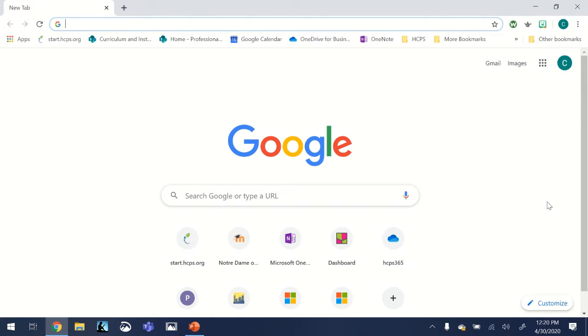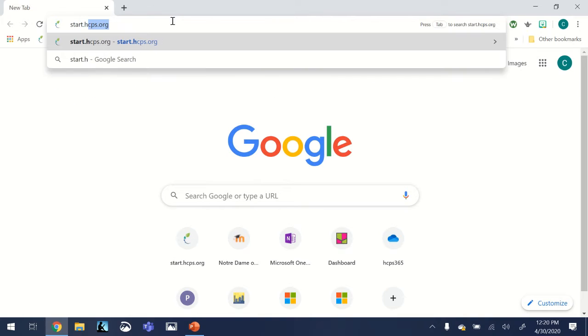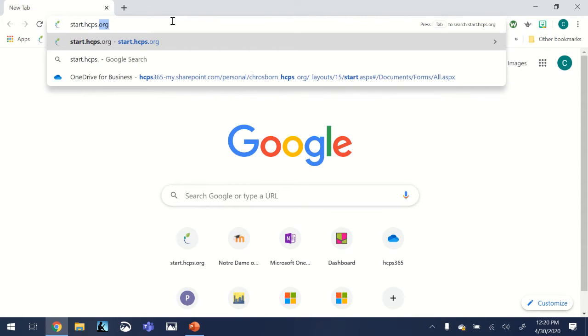Right now, I am going to show you how to access your OneDrive account. You're going to open up any web browser. Right now, I am using Google Chrome. Up in the address bar, you're going to type in start.hcps.org,